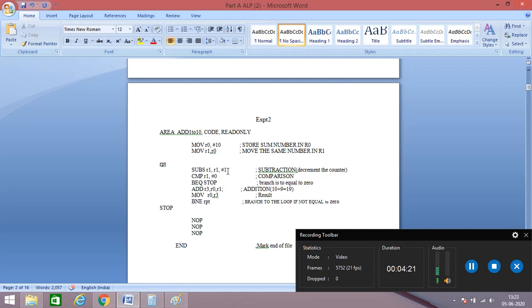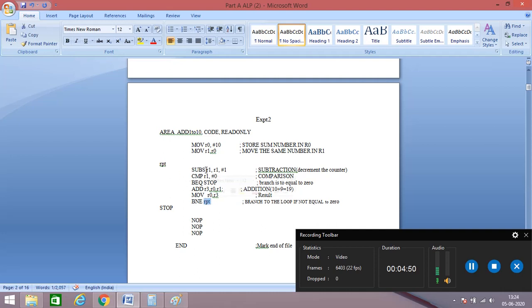If the count becomes equal to 0, then this instruction, BNE, will come out of the loop and stop the execution. Now because it is not equal to 0, branch not equal, it will go to repeat, that is, it will loop again.